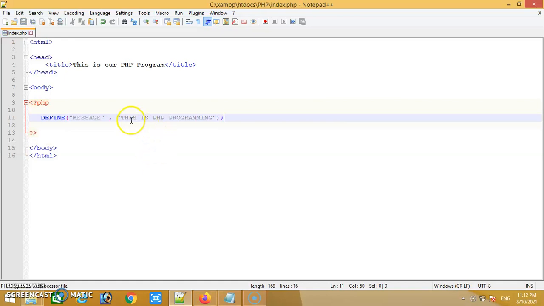This value will be stored in this constant. This is the declaration of a constant as well as assigning a value to the constant.